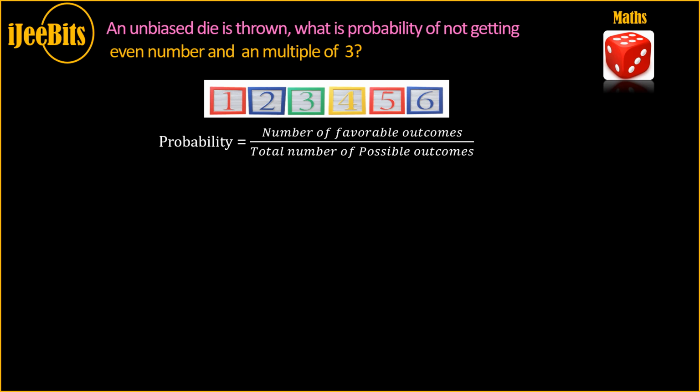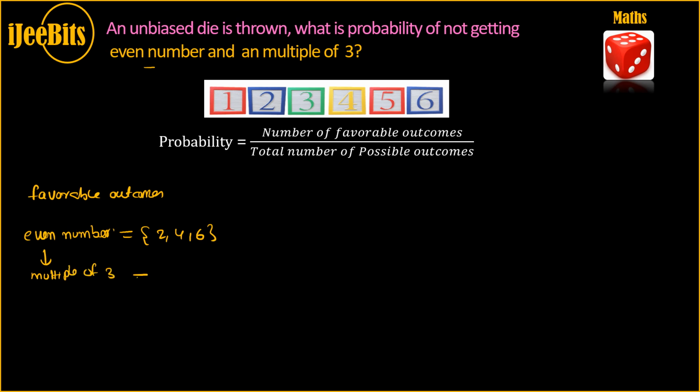So our goal is identifying favorable outcomes. How do you identify them? First of all, even numbers. How many even numbers are there? 2, 4 and 6 are the even numbers. If you look at multiples of 3,